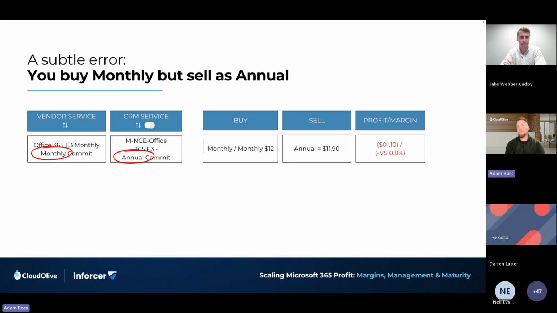Most amount of changes, generally the lowest amount of margin out the gate, 16 to 20% generally. So one of the challenges, right, if you're buying monthly but accidentally sell it as an annual commit, the names of the services are the same, the counts are accurate, you're buying 10, you're selling 10, whatever it is, that can go unseen for a very, very long time because everything looks good on the surface, right? But what's happening is you're subtly leaking revenue or margin, certainly, because of the 20% cost difference. So this is a very subtle thing that can go wrong.